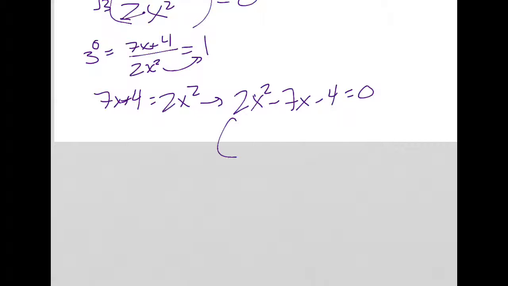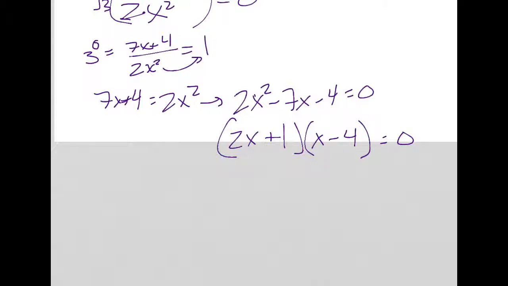And now I'm going to factor that. I'm going to get a 2x there, an x there, and I know my numbers have to multiply to negative 4. And so my only options are a 4 and 1 or 2 2's. 2 2's ain't going to cut it. So I am going to throw a 4 there, and I am going to throw a 1 there,